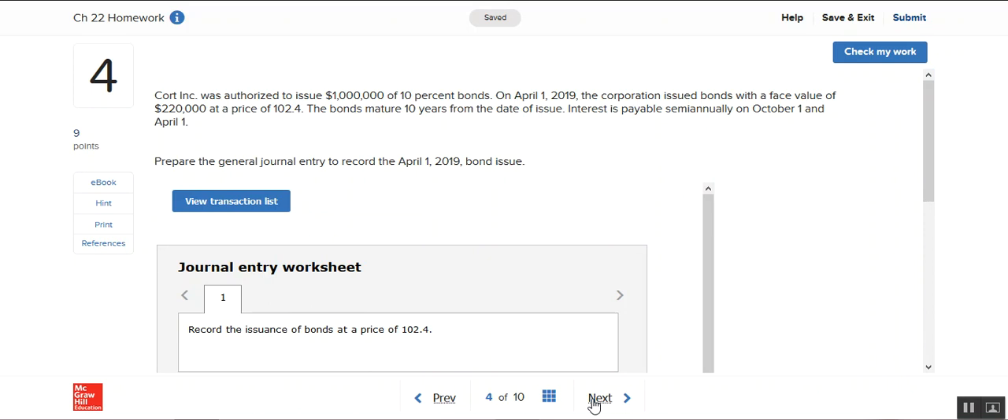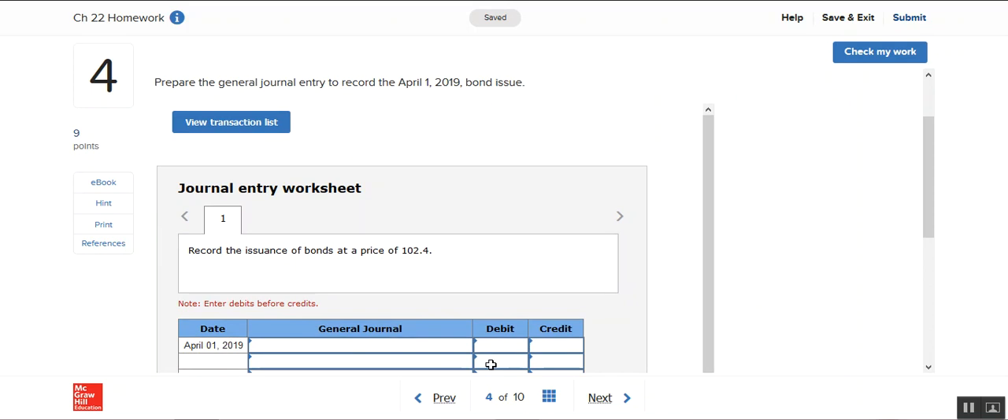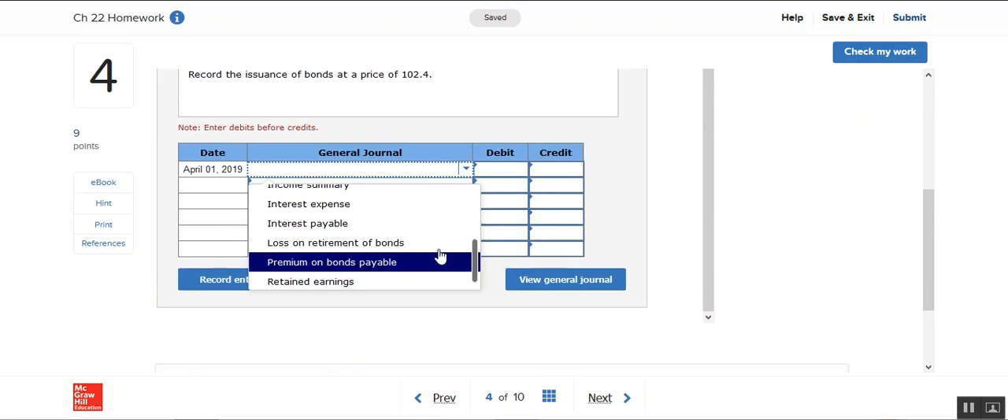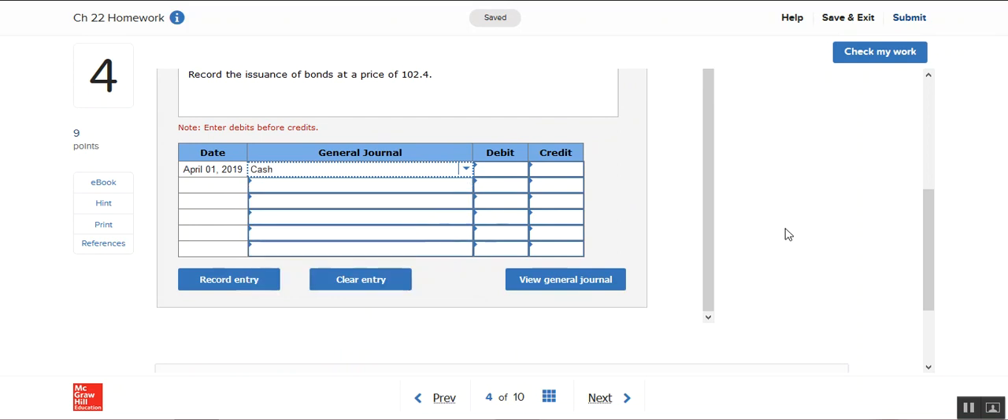So 4 says Court Incorporated was authorized to issue $1 million of 10% bonds. They issued bonds with a face value of $220,000 at a price of 102.4. They're 10-year bonds, and interest is payable semi-annually. So we are to prepare the journal entry to record the April 1st bond issue. All right, so to do that, we know they're selling bonds, they're getting cash. We need to debit cash because they got cash, but we don't quite know how much until we do some